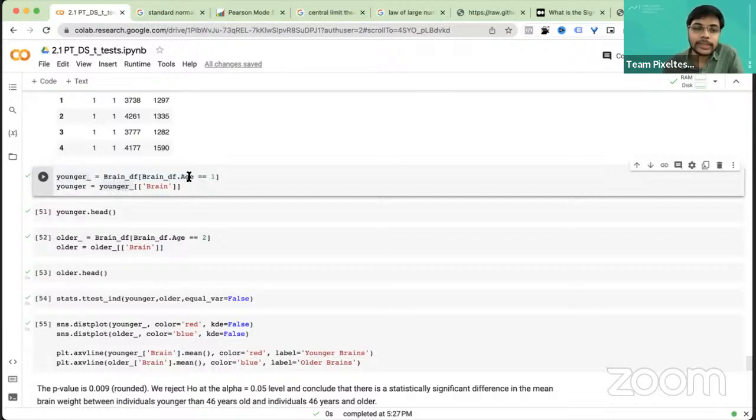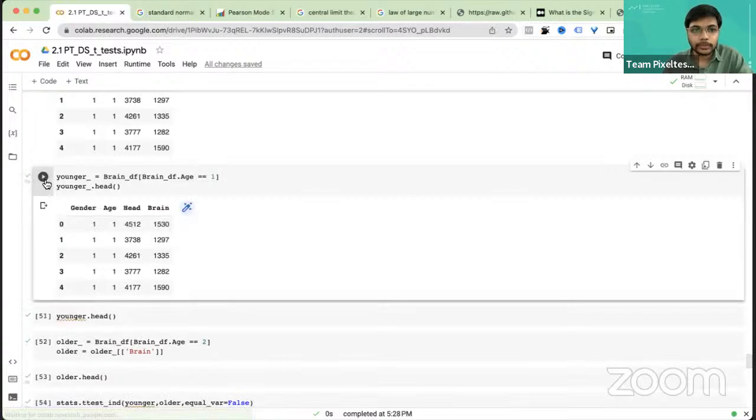So let me go ahead and print it. Let's say younger underscore dot head, right? So it will only have ones, it will not have twos, because we have filtered on the column dot age equal to 1, right? Whenever you say this, out of this whole data frame, only younger will come here, right? So then what we have done,